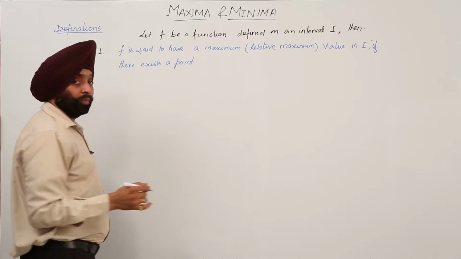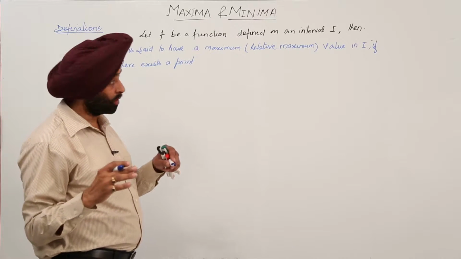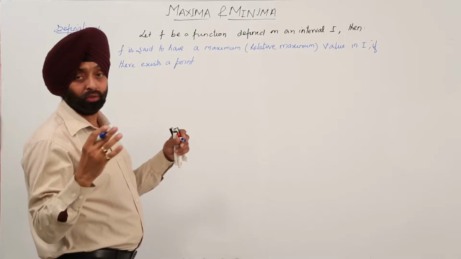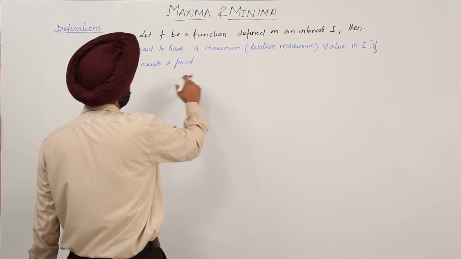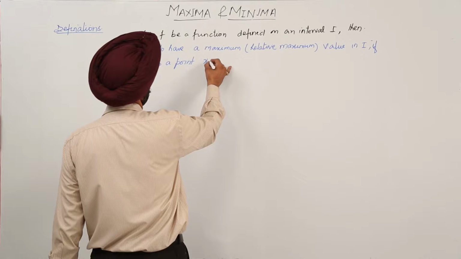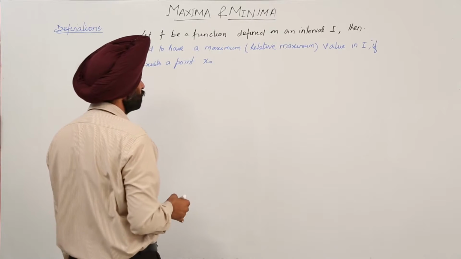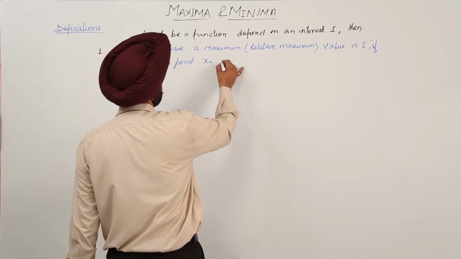Now let a point be any point. When we draw a graph, a point in between the given intervals. Okay, if there exists a point, let the point be x0, such that